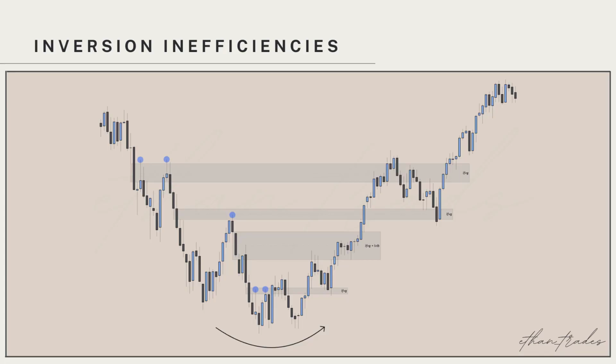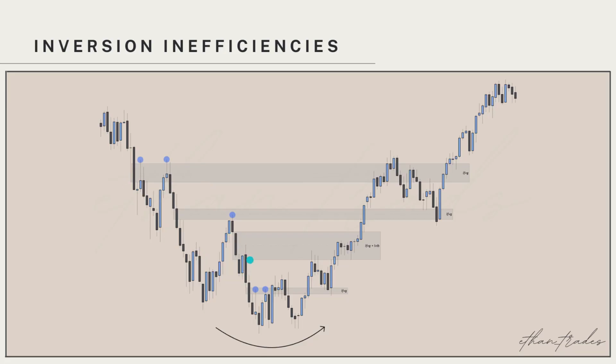Remember, the key to understanding which inversion has higher probability of being respected is paying attention to whether or not it has been respected on the opposing side of the curve. In this case, it would be the blue dots I've annotated from the sell side of the curve. A lot of the times here, the blue dots that I've annotated are what you're going to want to refer to. If the prior inefficiency or any prior PD array you want to invert, make sure it's